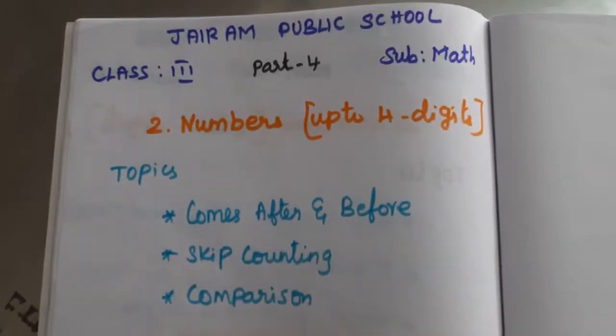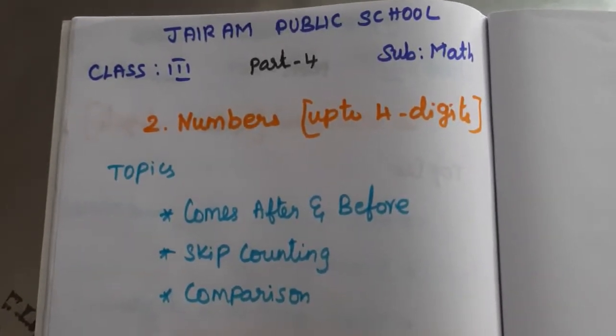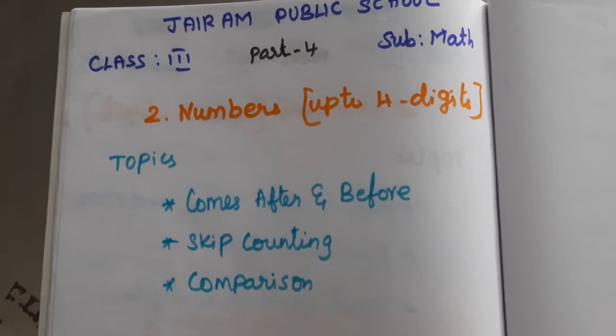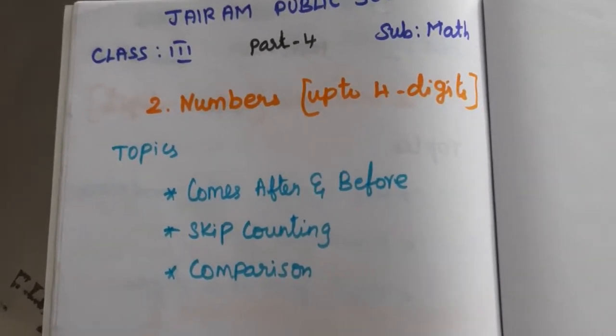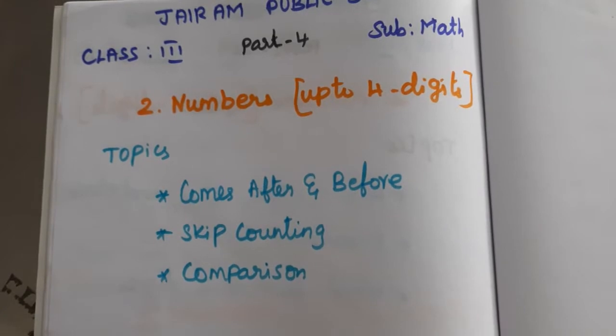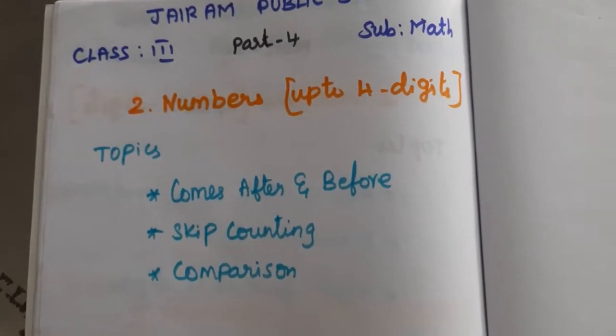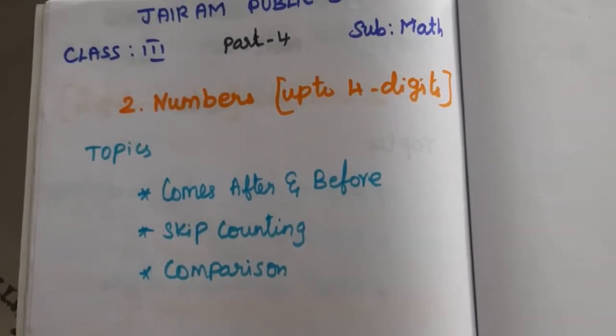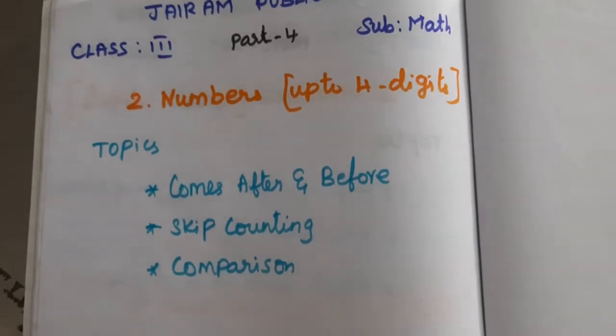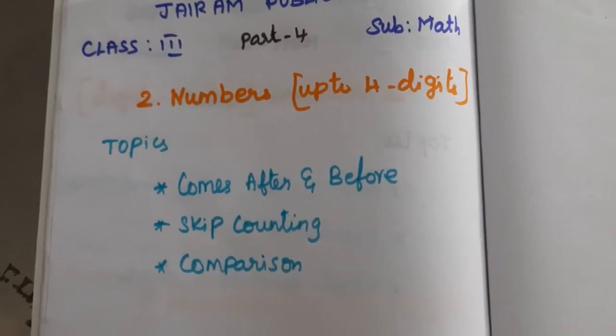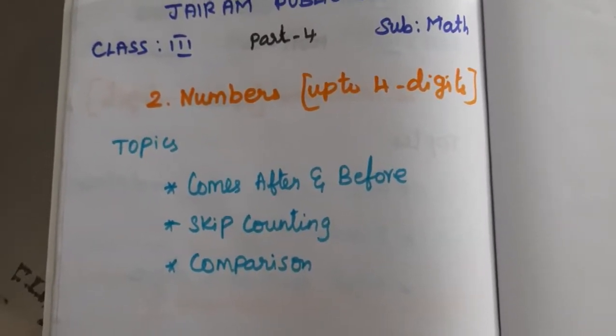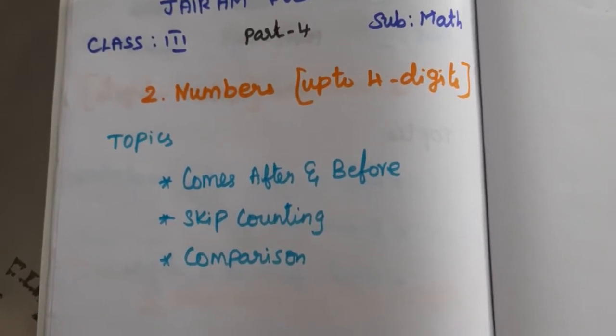Good morning. Today's session we are going to see the math subject for grade 3. In the previous session we discussed how to represent the 4-digit number in different forms. What are the 3 forms? Word form, expanded form and the number form. Okay. So I hope everyone understood the concept clearly.